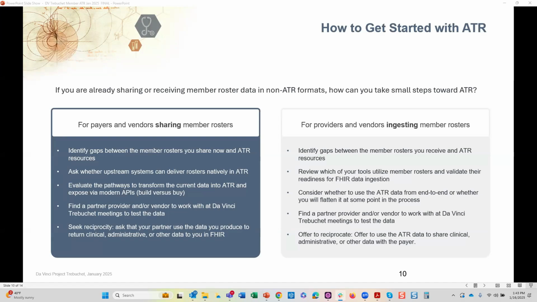Well, I see a question about, is the ATR format consistent with TEFCA standard format for requests and responses through the QHINs? No. The format of the data itself is no problem, right? We're talking about FHIR data here, but TEFCA does not have a predefined SOP for bulk data. So